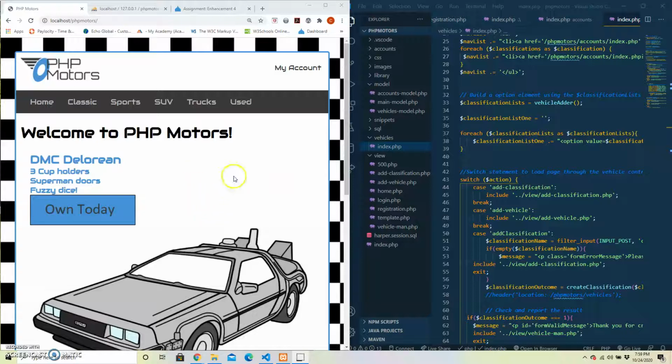Hey everyone, in this video we'll be working on our PHP Motors website. In this one we have added 3 additional pages as well as a vehicles model and then a vehicles controller. So the first thing we want to do is go into our vehicles management page,